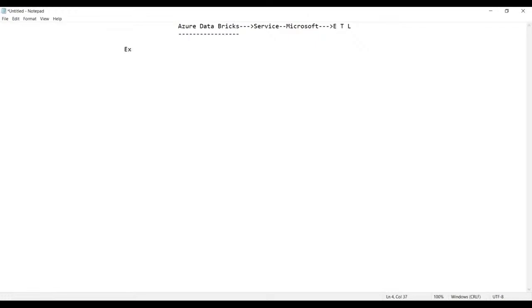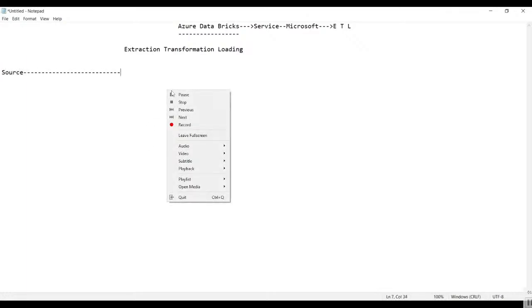Now, tell me, this process of ETL, that is extraction, transformation, and loading, requires what? Yes, guys, you require two things. One is the source, another one is